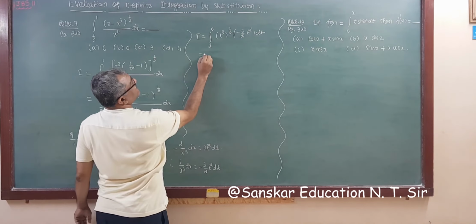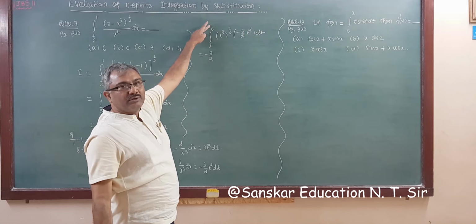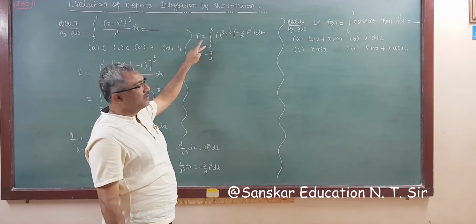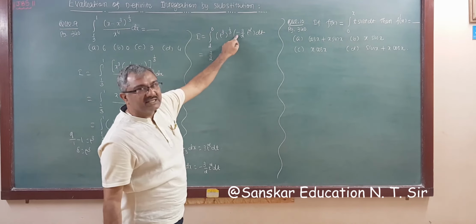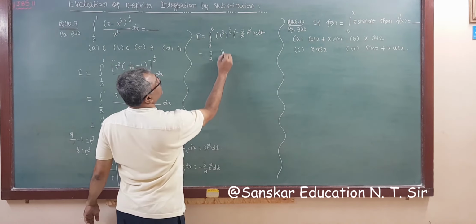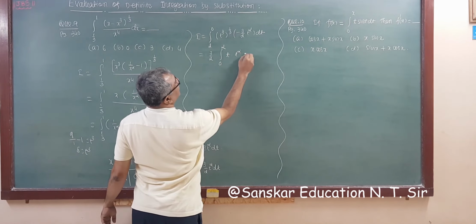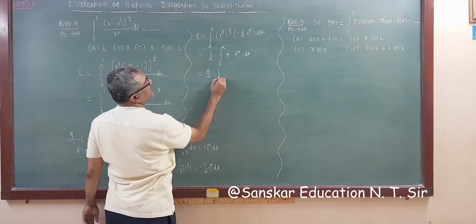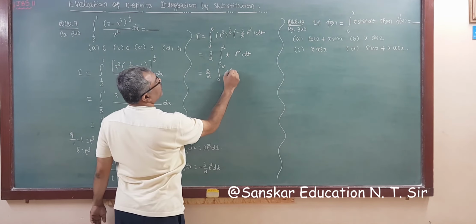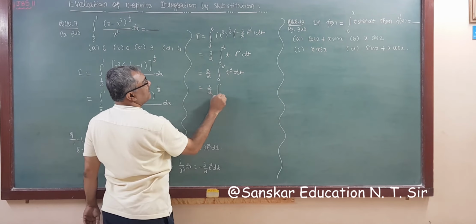So minus 3 by 2 is constant and lower limit is 0. This is the small number, this is the greater number. So converting the limit, this minus becomes plus, so this is 0 to 2. This is t, this one t square dt. So the final will be t cube, so integration 0 to 2 t cube dt, and integration of this is t raised to